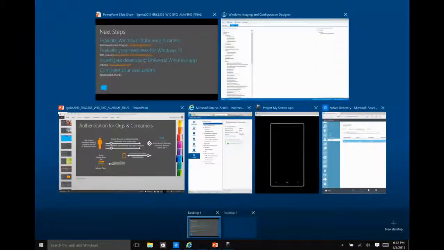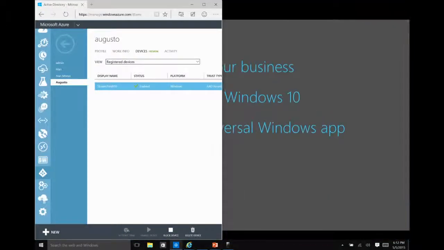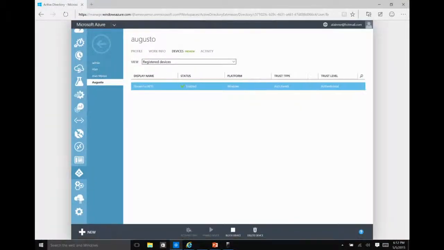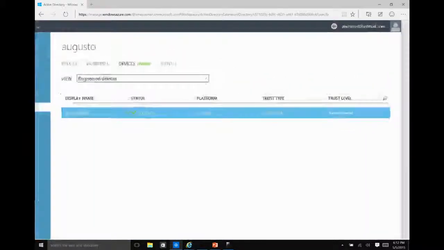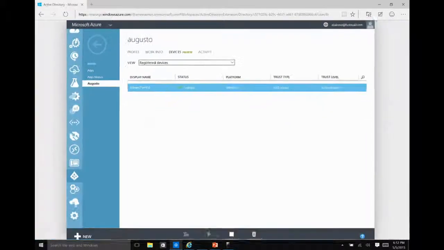If I give you an example of an Azure Active Directory here, which I created, it's called, it's my alias, that's how it's called. A very simple Active Directory with 4 users, right? You see here that Augusto actually has this device that's enrolled in the system as such, and I can get more information.